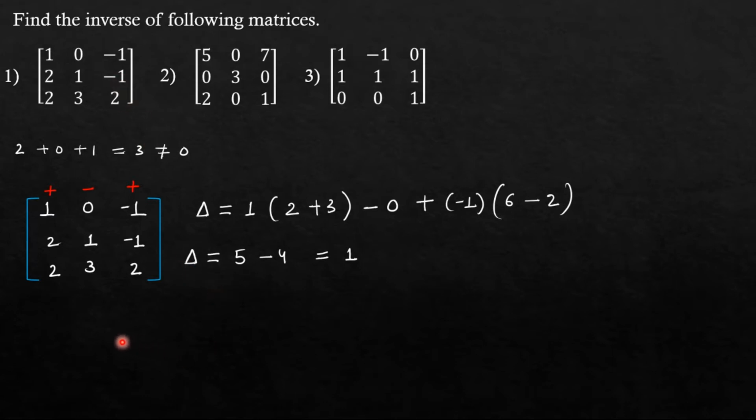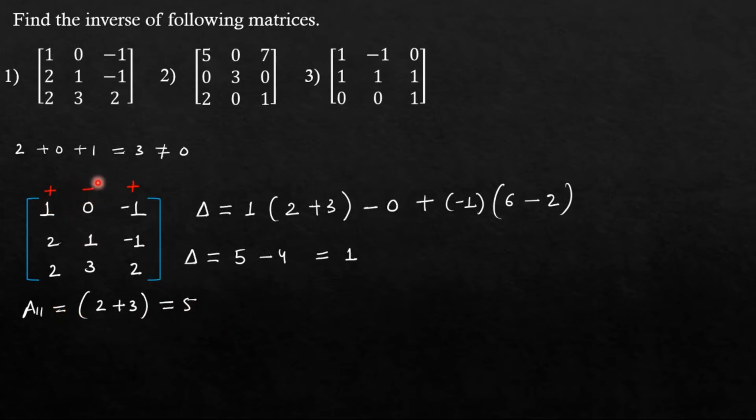Okay. So our next procedure is to find the cofactor for each element. Why cofactor? Because we have to generate the cofactor matrix to find the adjoint. Because adjoint is what? Adjoint is the transpose of the cofactor matrix. Okay. So let us start with the first element, that is A11. So the cofactor of this element is capital A11. So I will neglect this row and this column. Which is 1 into 2, 2, 3 into minus 1, that is minus plus 3, which is equal to 5. This is the cofactor of this element.